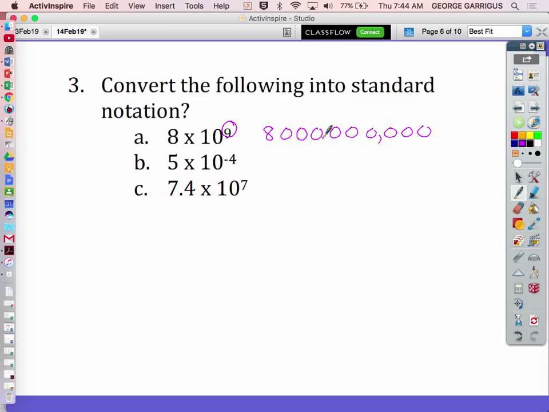And so we have, this would be the millions place. This is the billions place. So it's 8 times 1 billion. So what is this number? This 10 to the 9th represents